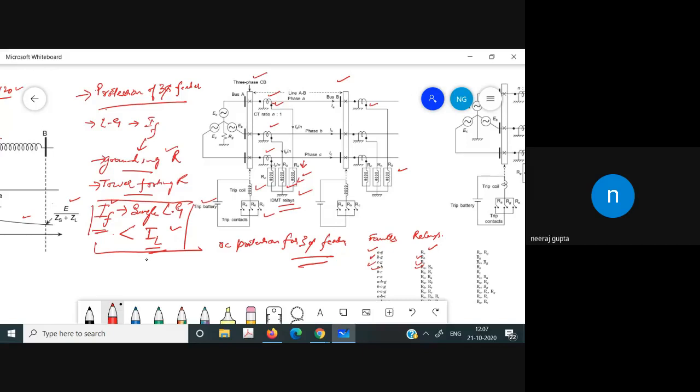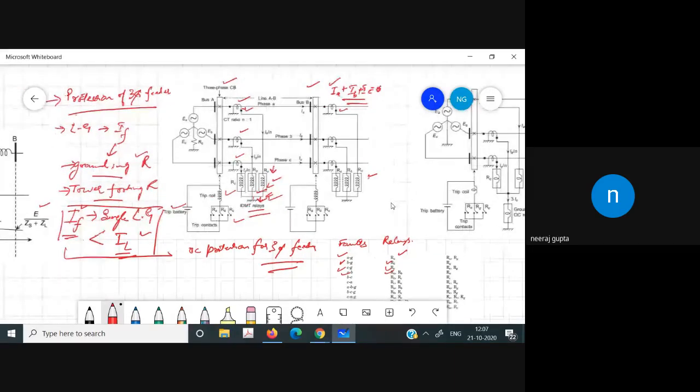Now, as we already know, we have three currents, and in case of a star connection, for a balanced system, IA plus IB plus IC is equal to 0. So it means that the residual current which is going to the ground in that case is equal to 0. As you have read, in a star connection the total current is equal to 0, and in a delta connection the total voltage in a loop is equal to 0.